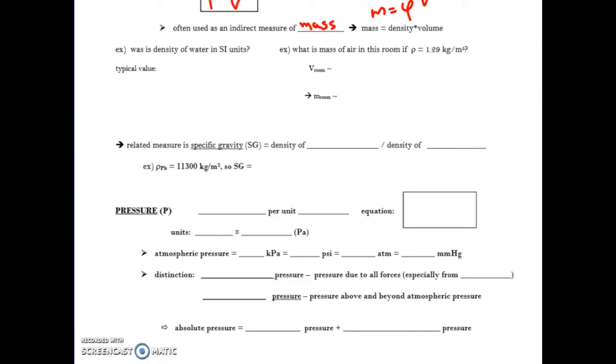Okay, so let's do the density of water in SI units, metric units. You know from chemistry that the density of water is 1 gram per cubic centimeter. The standard units used in chemistry are grams per cubic centimeter. In physics, we can use that in certain applications, but in other applications where we're mixing in other metric units, we need to have it in kilograms per cubic meter. So you should be able to do that